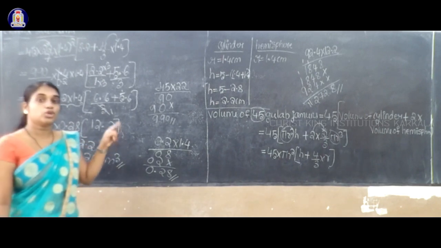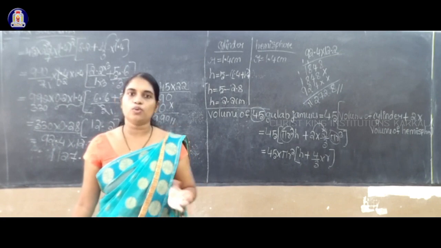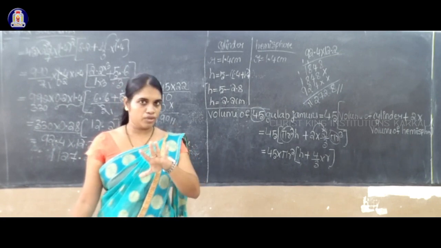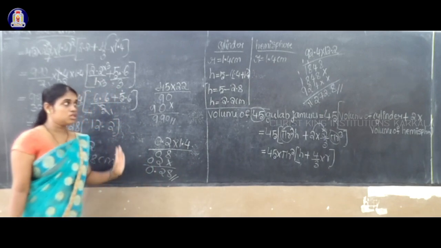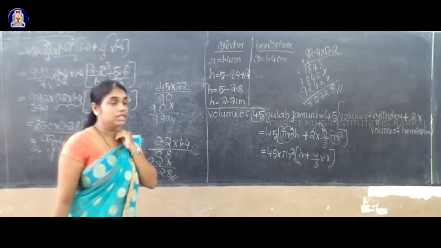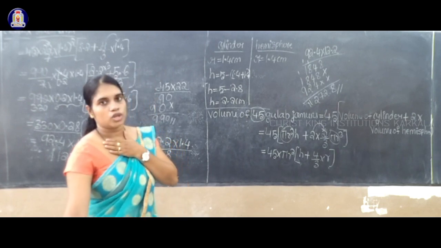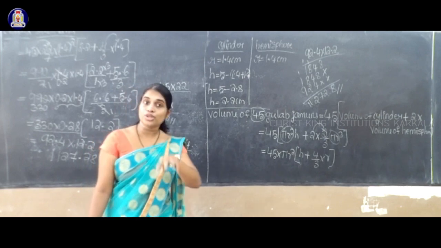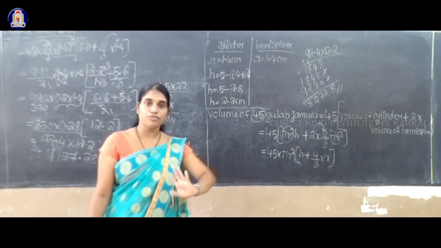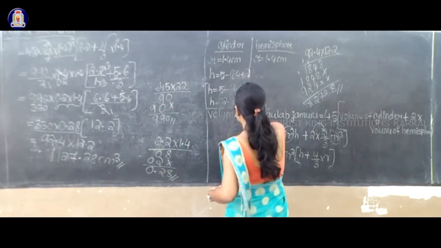1127.28 cm cube is the volume of 45 gulab jamuns. Okay, so therefore what is the volume of 45 gulab jamuns? So that is 1127.28 cm cube. Okay, so now we have to find what is the quantity of sugar syrup out of these 45 gulab jamuns. Okay, yes, so next step,